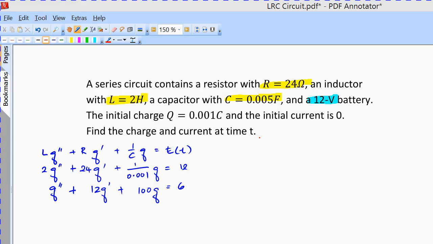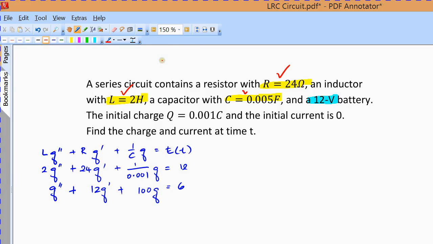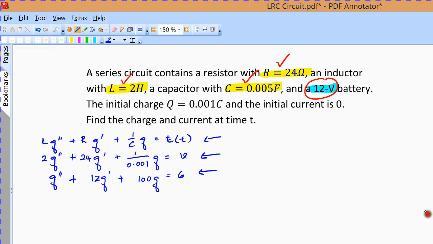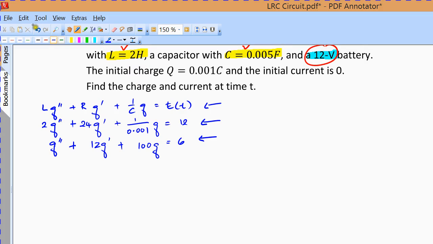In this question, you have a series circuit with R, L and C given, and the resistor, inductor and capacitor are attached to a 12-volt battery. So we plug these into the differential equation and we get this, and divide through by 2 and you get this equation. Now to solve this equation, we start by solving for the homogeneous problem first, and so you get